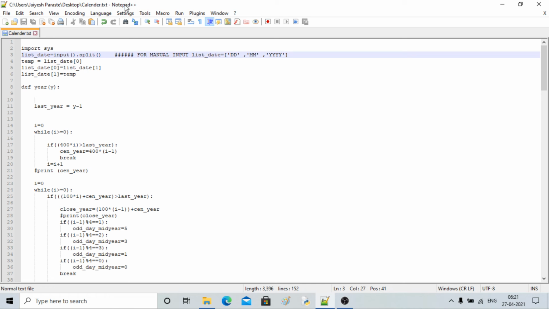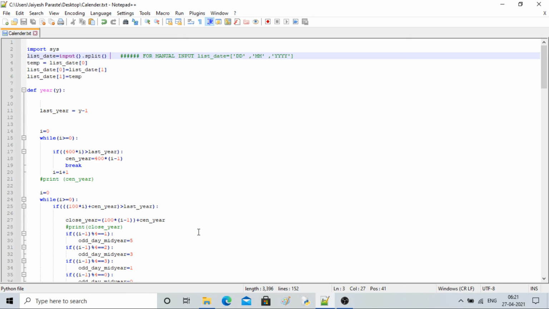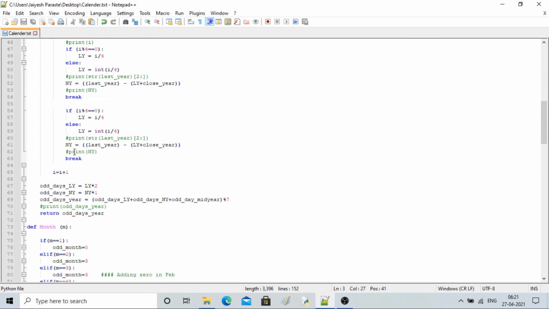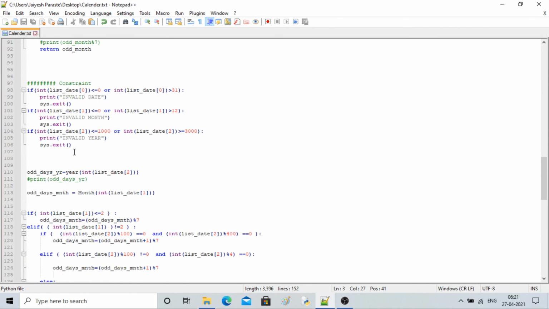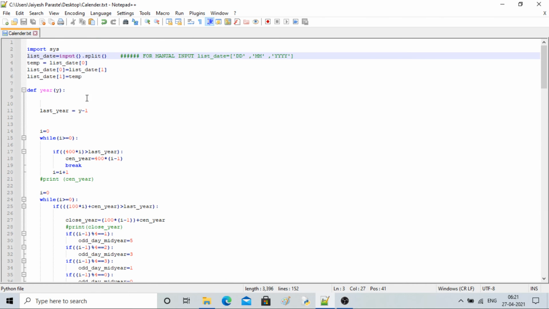So I would suggest you use Notepad++ instead of normal Notepad, because Notepad can have alignment issues and it doesn't look very professional, whereas Notepad++ looks professional. You can see the alignment. Go into the Language menu, find Python, which starts with P, and click it, and it will do the coloring and everything. So the code will be aligned, and all the syntax will be colored properly, so it will be easier for you to consume.